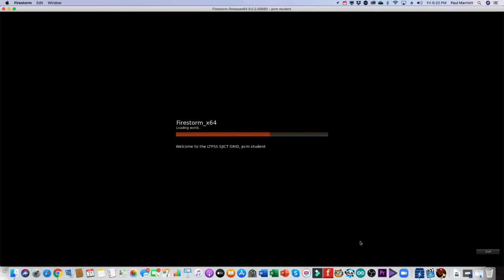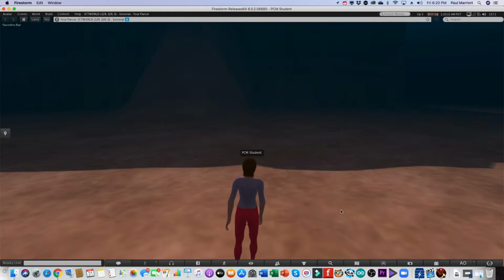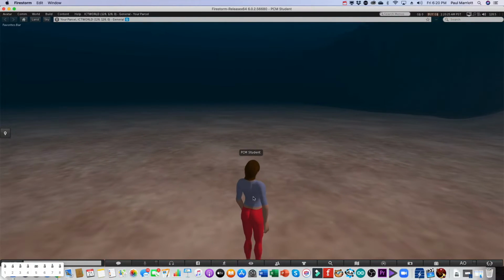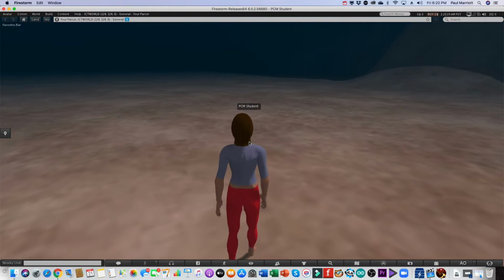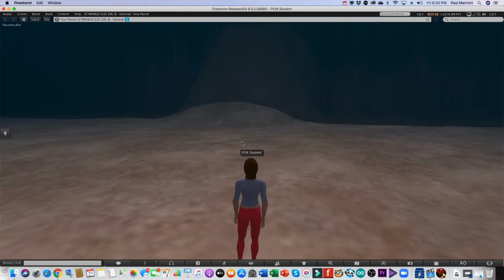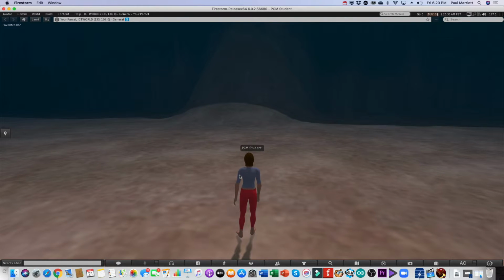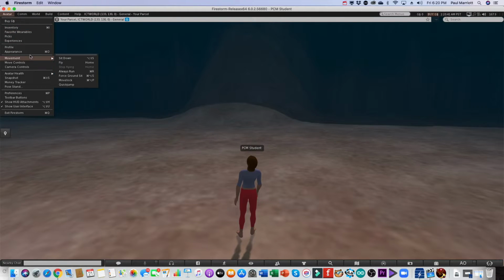All right, it's loading. We're loading in. And there we are. Okay, even though I chose male, we actually have a female character, but we can change that later. Something you need to do if you want to control your character better, if you go to Avatar and Preferences, or you might have to do Command P or Control P,